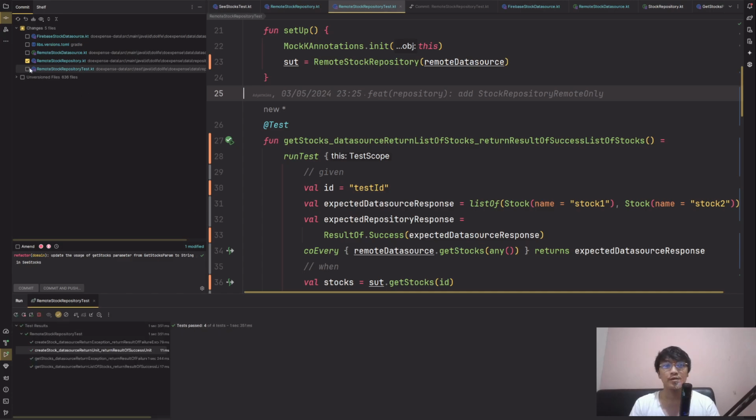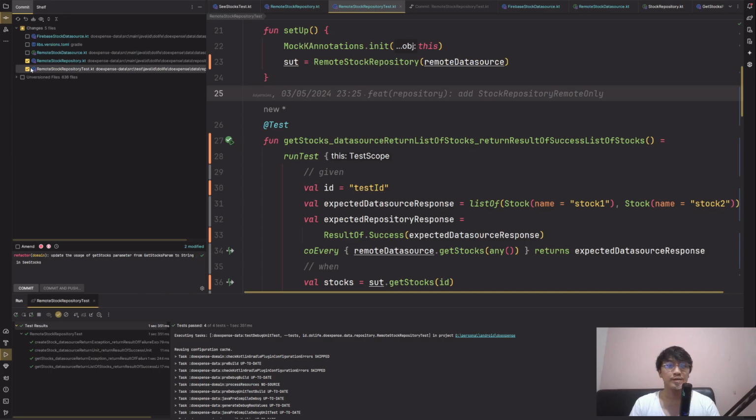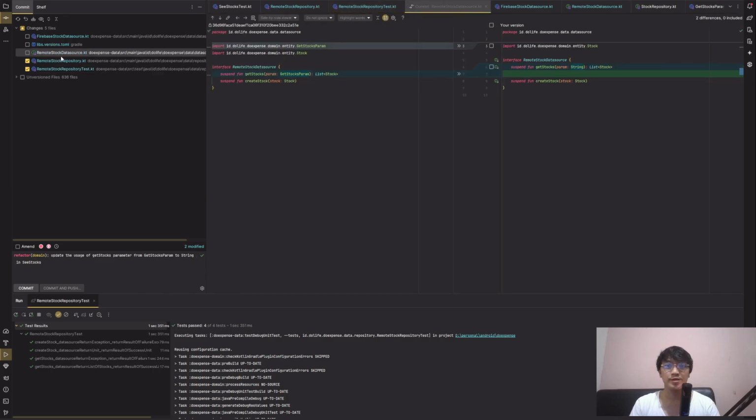So let's commit these changes first. Refactor domain, no, this will be in data.